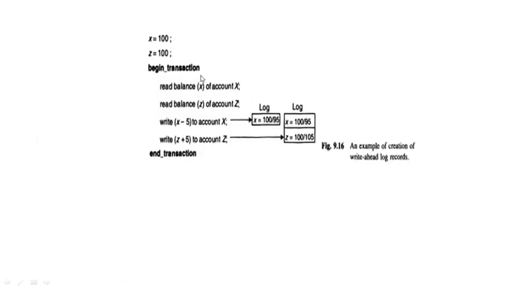See via example. This is an example where we are reading the balance of X from the X account, and reading the balance of the Z account. X minus 5: here we are debiting the X account, so it will be 95, and Z plus 5. So here we are maintaining one log. Here we are maintaining the second record in the same log itself. After the end of the transaction,